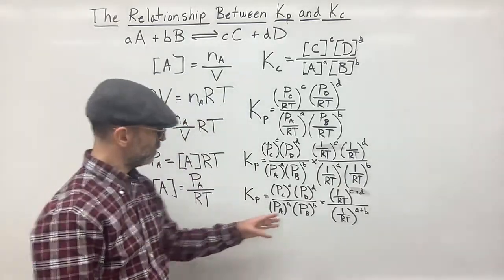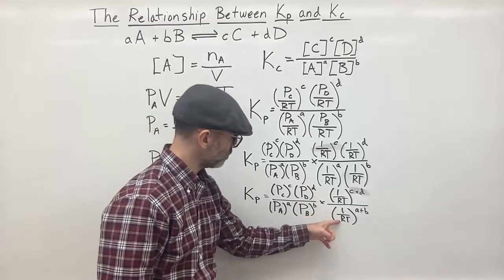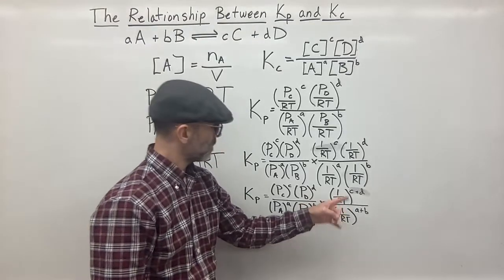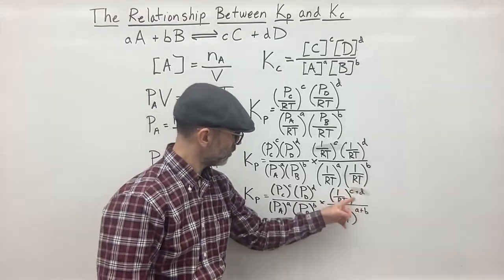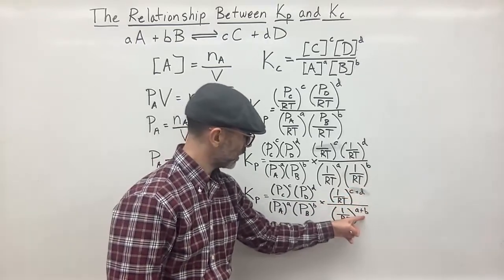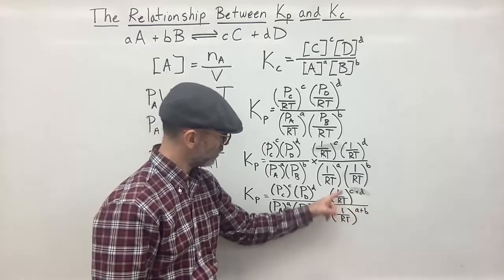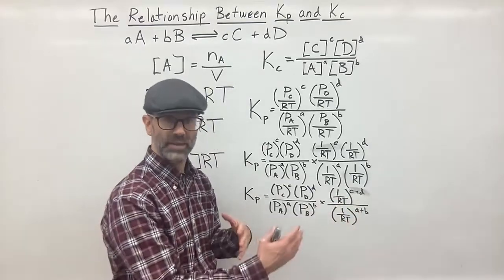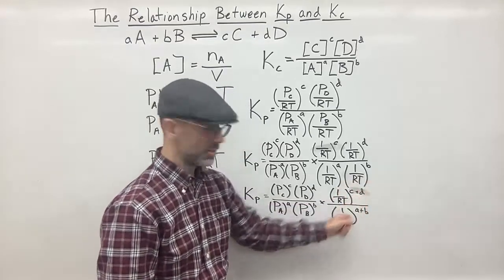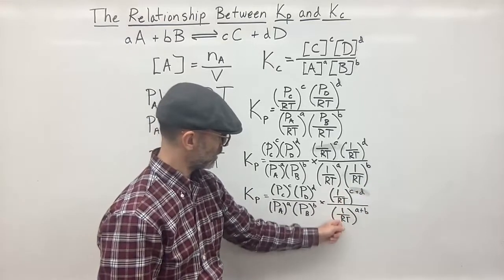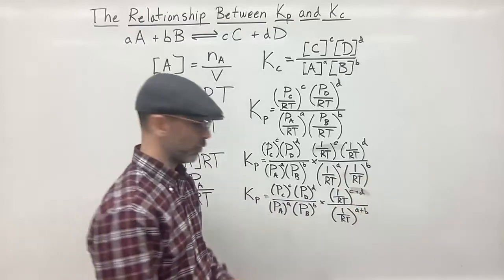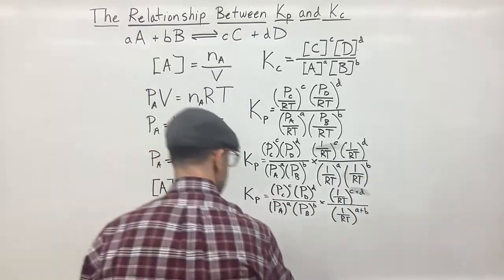And then, since these are the same, if this is divided by this, then remember, if you have this exponent here, C plus D, and you have this exponent here, dividing by the same thing, you are going to subtract the exponents. So the exponents on the bottom get subtracted from the exponents on the top. Given that we are dividing by the same thing, we can then subtract the exponents. So if we write this again, we get